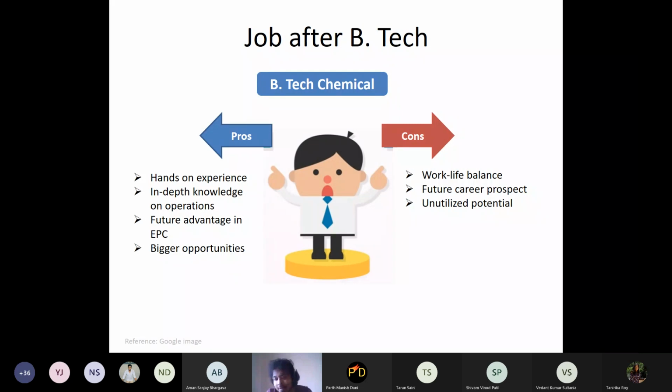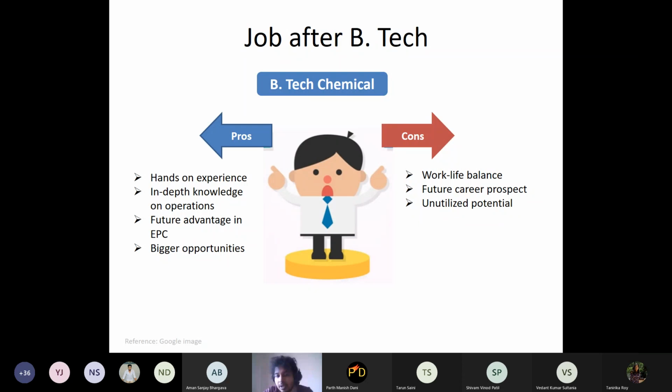But if you don't go for higher study, will it not be helpful? Yes. Then you can go for the EPCs where you design those technologies. The technology is there. The plant has to be built. You can go in with your plant knowledge into those design companies, where engineering, procurement, and construction, from end to end, you can go into different topics like PFD development, P&ID development, equipment design, how the equipment will be sitting in a particular plot, what the line hydraulics are. Those things you can learn from there.